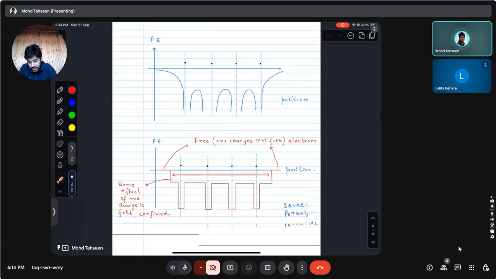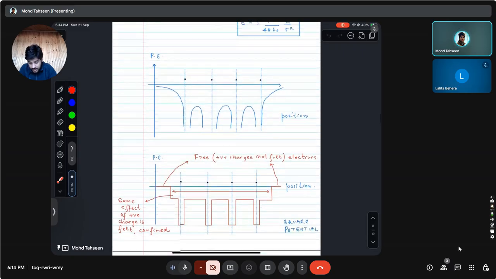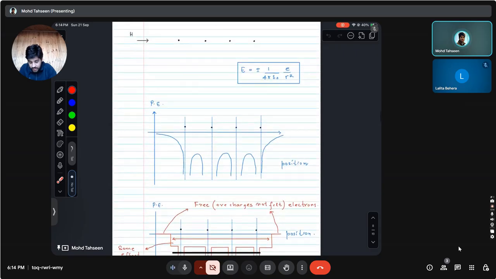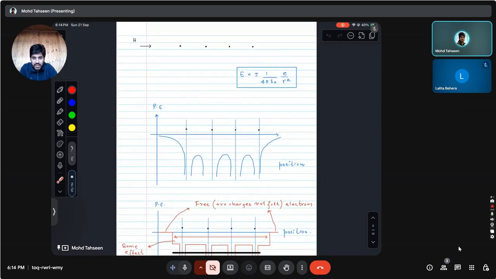And so far, what we had been looking at is that in all the models prior to this, we assumed that the potential throughout the conductor, or throughout the sample, is constant, right? So these free electrons move around the sample without feeling any potential, okay? But that's not the correct situation.